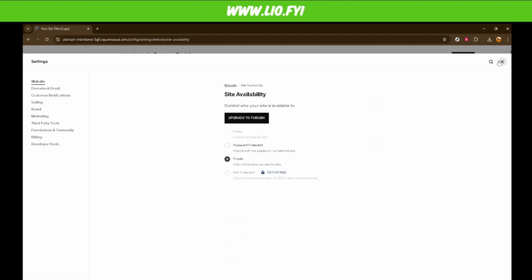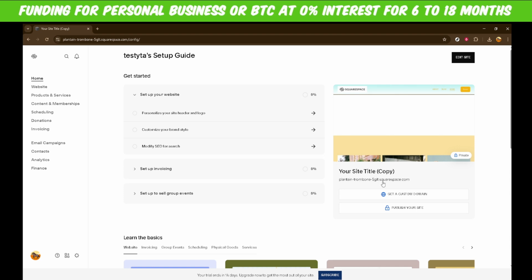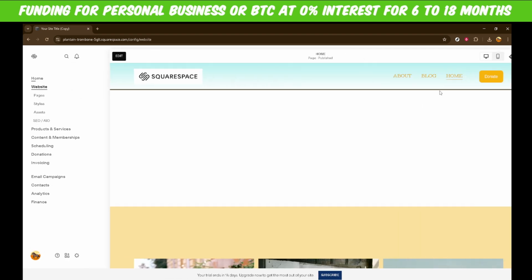Backing up your Squarespace website might seem like just another task on your to-do list, but it's a protective measure that's well worth the effort. By following these steps, you ensure that your content is secure, so you can focus on what matters most: creating